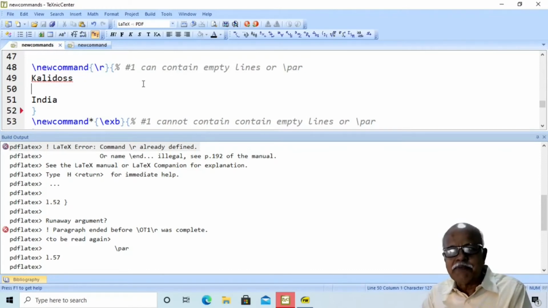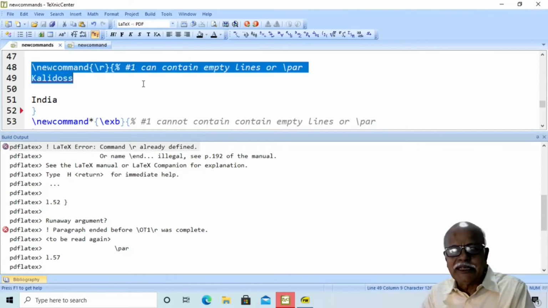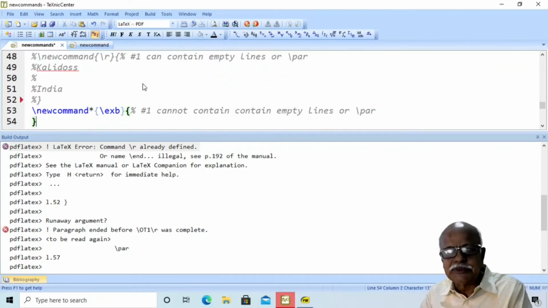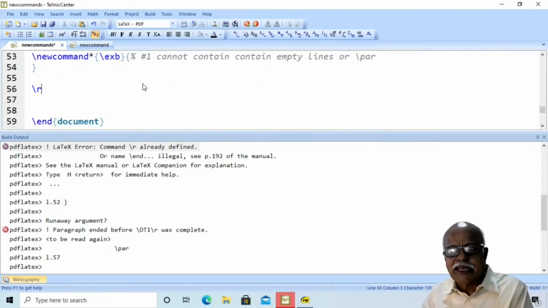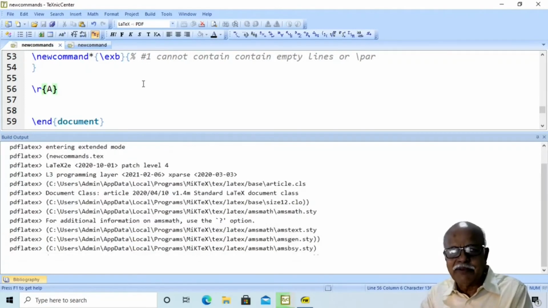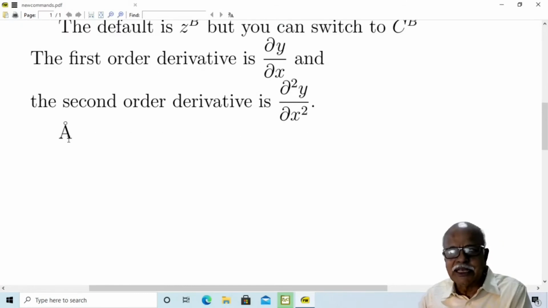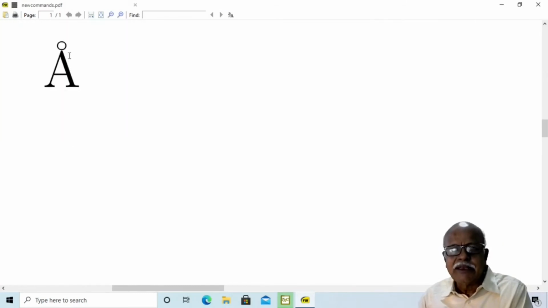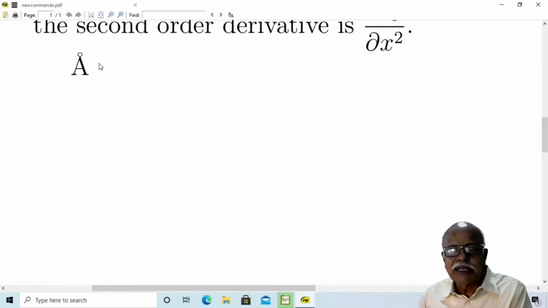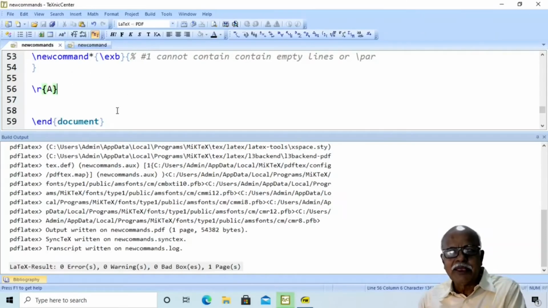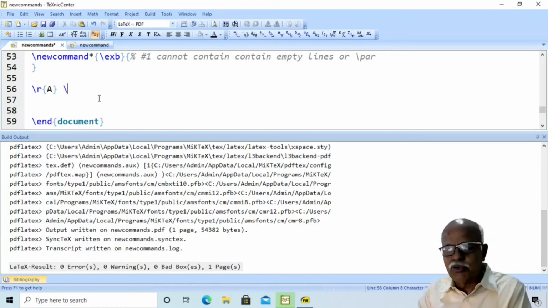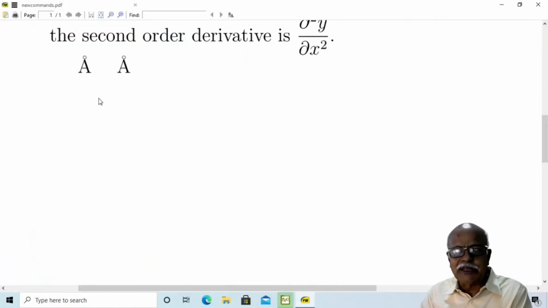Now, to verify that this is actually available in LaTeX, let me type here \r{a} within curly braces. The output will be like this: a small circle above the character A. But do not use this to produce the angstrom unit.